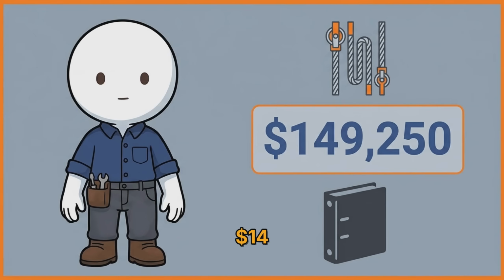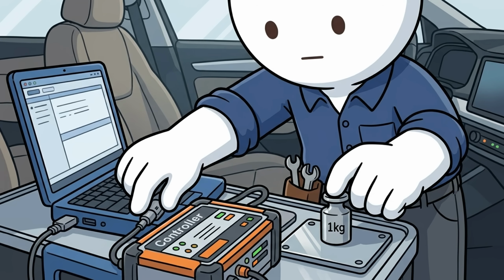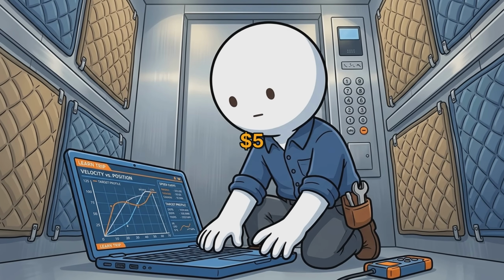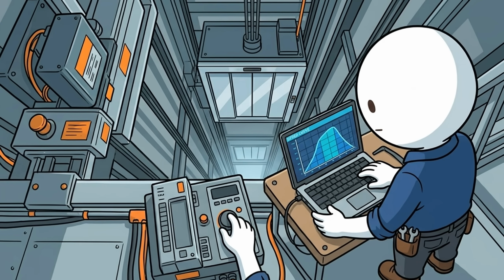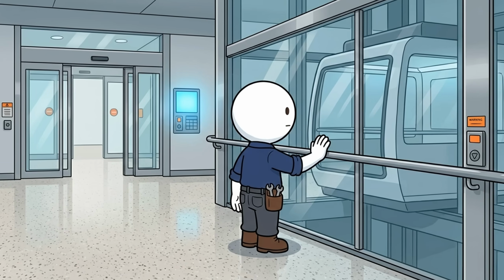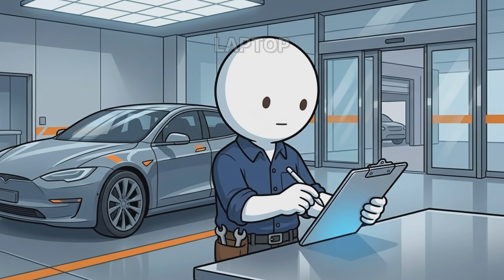You don't haul rails anymore, you tune cars. Your tools are a laptop, a handheld, a tachometer, an oscilloscope, and a ride quality meter that reads the bumps your body can't. On a new car, you verify the safeties first. You balance the car against the counterweight, hang test weights, and run a learn trip so the controller maps the shaft. Then you tune the speed curve, set the leveling floor by floor, and tune the doors until they close